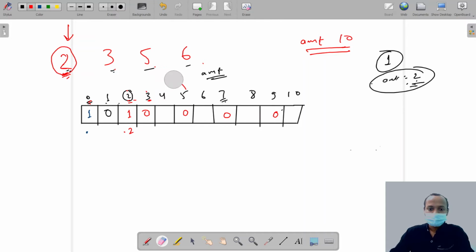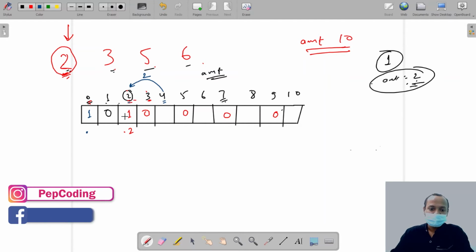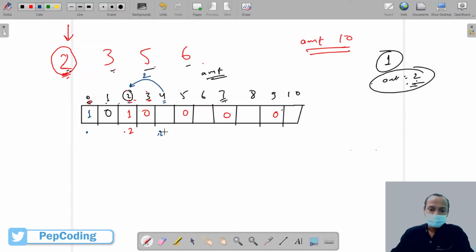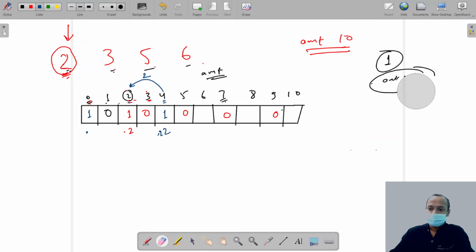Okay, now see, you see, now we are at 4. Okay, so if you are using 2 rupees coin, then we reach at 2, the amount left is 2, and there is one way to pay 2, that is 0.2. So if we add 2, then we can pay 4 rupees. So there is one way, that is 0.22. Okay, now already we are talking about, if you are using 2, then the amount left is 3, and there is no way to pay 3, so that's why I'm writing 0, 0 till here.